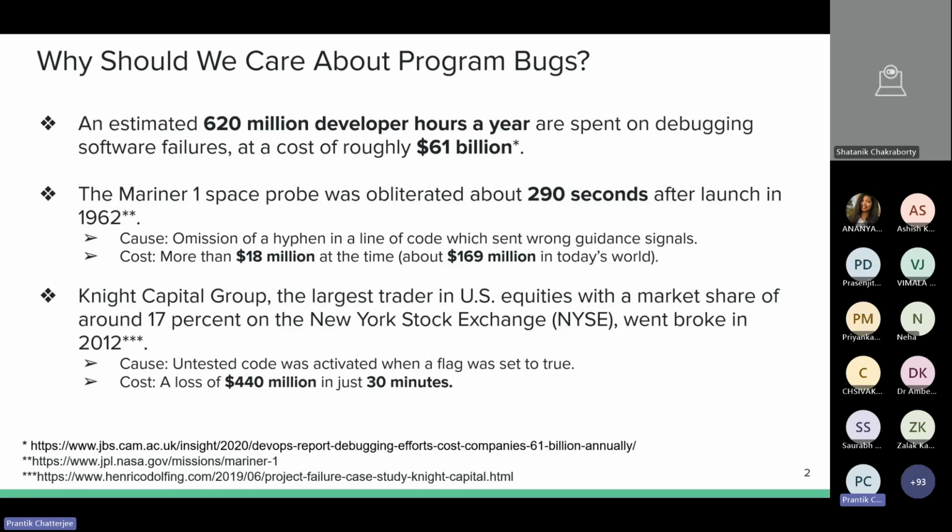Unfortunately, it was untested code, and for some reason the flag got activated, which activated this buggy piece of code. It resulted in a loss of 440 million US dollars in just 30 minutes, and Knight Capital Group eventually went bankrupt. These examples clearly show that we should care about program bugs, because even the smallest mistakes can cause the largest impacts.